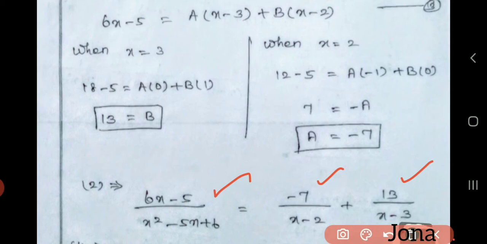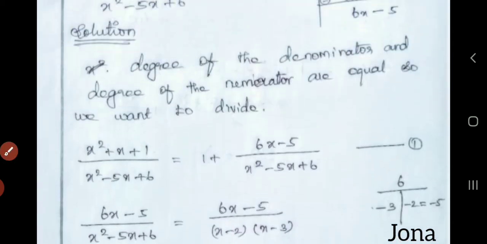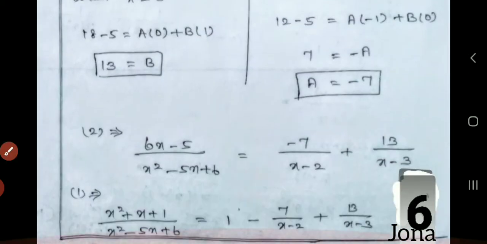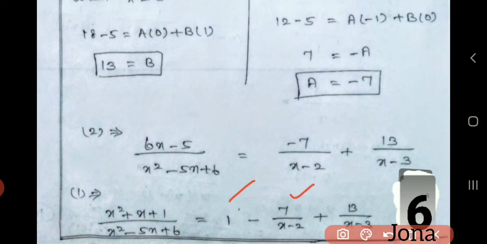Final answer we have to write like this, because we took 1 plus, isn't it? So we got 1 plus something there. So you have to write the answer here only. Okay, that final answer will be 1, and then this is the value of A and this is the value of B. So we got the answer like this.